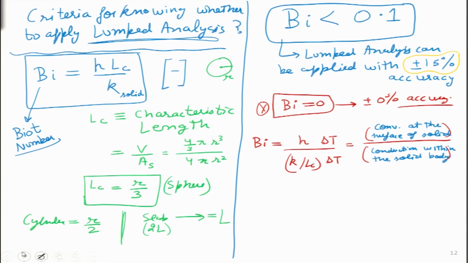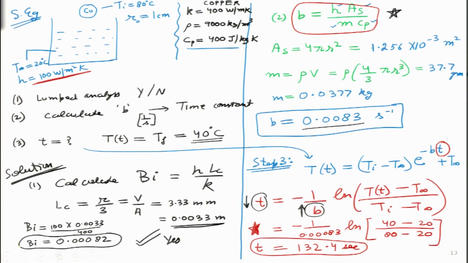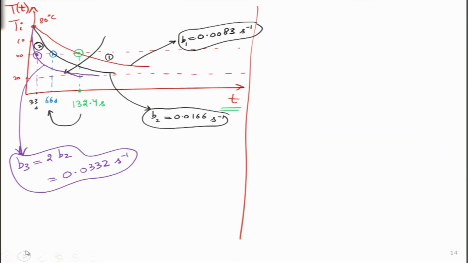Then we did a formal declaration of the criteria for lumped analysis, and we took the help of this parameter defined by Biot. This is known as the Biot number, and we figured out that if the Biot number is much less than 0.1, then we can immediately apply lumped analysis without any loss of accuracy. Finally, we concluded with a real life solved example where we took values from real life and figured out how much time it takes, under certain conditions of h and b, for the temperature to go from a high value to a low value.